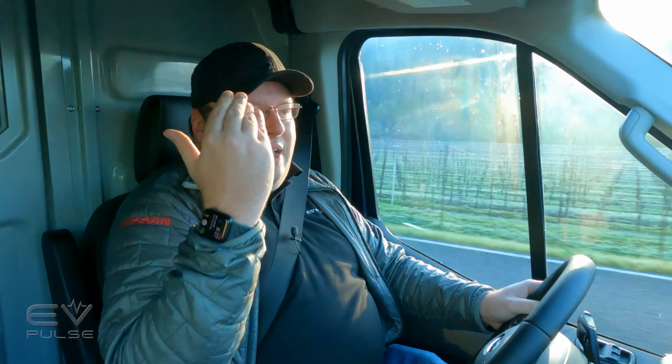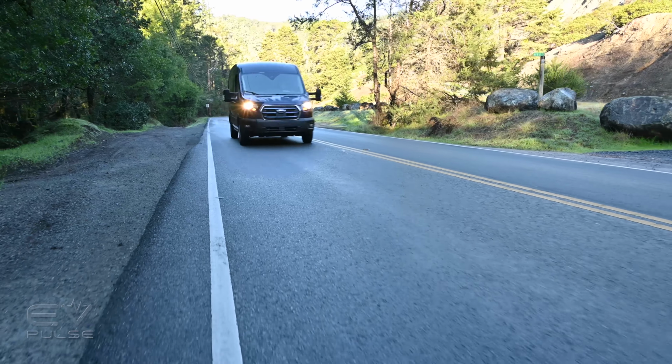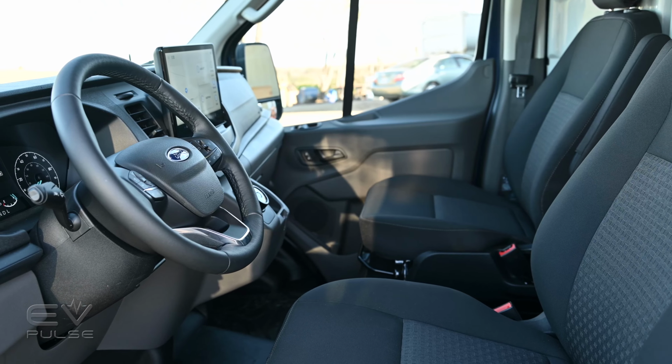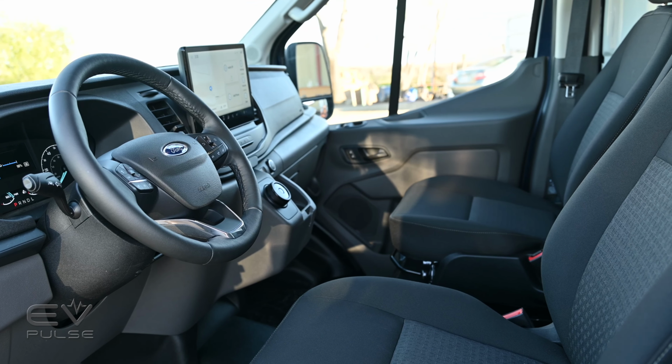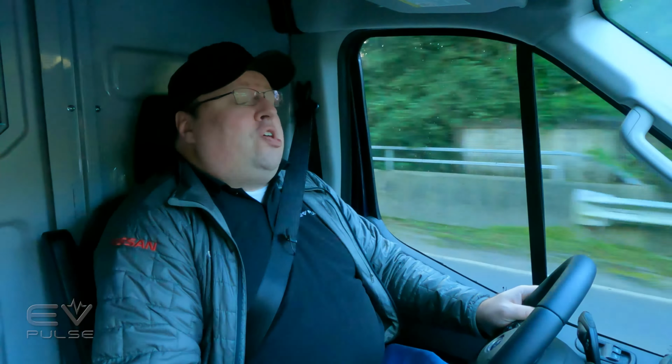It drives like a gas or diesel Transit that you've already experienced, which means that it has a very car-like driving experience, even on one of these longer wheelbase, higher roof models like we're in. The driving position is spot on. Yes, you're sitting up in the air, so you've got good visibility outward, but it feels like you're sitting in more of a car than some of the competitors like the Ram ProMaster, which kind of has a school bus driver sort of driving position. This is much more car or truck-like,